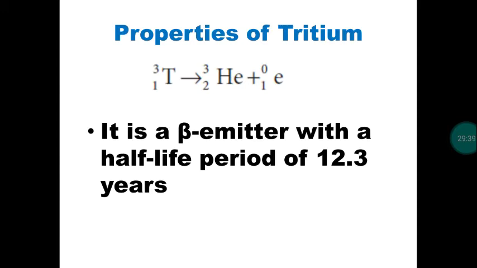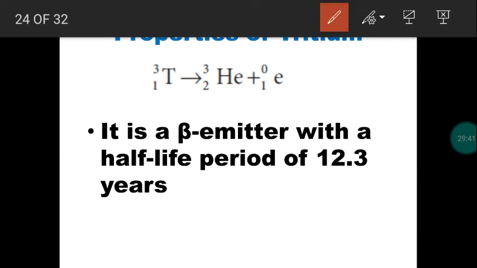Right? So consider tritium, which undergoes radioactive disintegration. Thereby it produces helium with a mass number, with the ejection of a beta particle. So this e has mass number 0 and the charge minus 1. So this represents a beta particle. So tritium, due to radioactive disintegration, produces a beta particle.